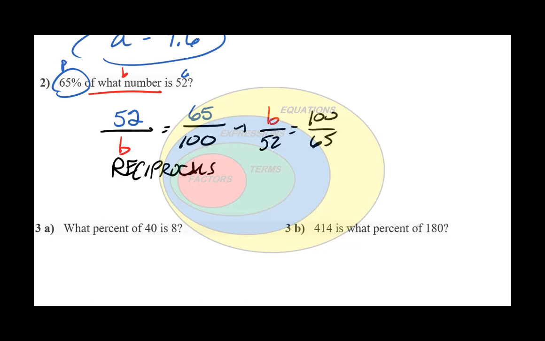So once I take the reciprocals, then I can just solve by multiplying both sides by 52. The 52s would cancel. I get B equals,